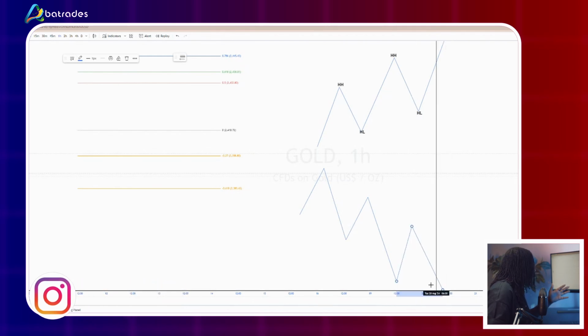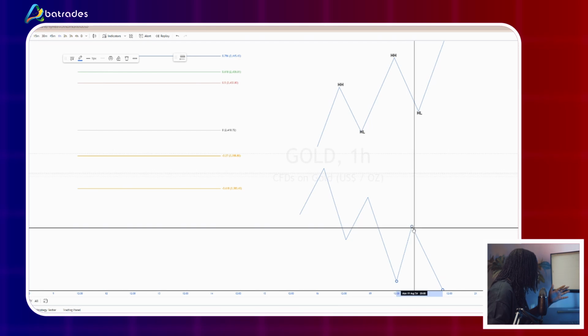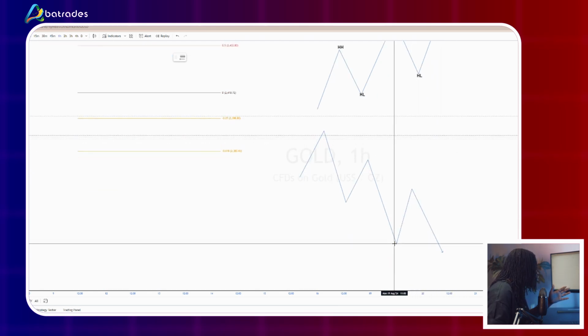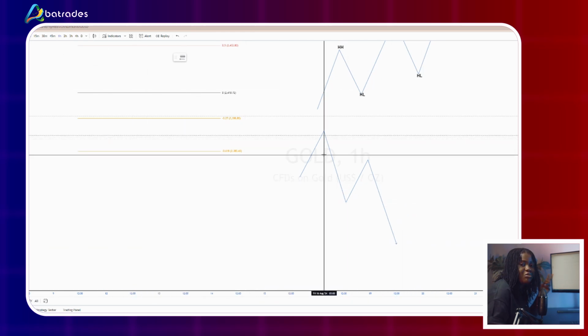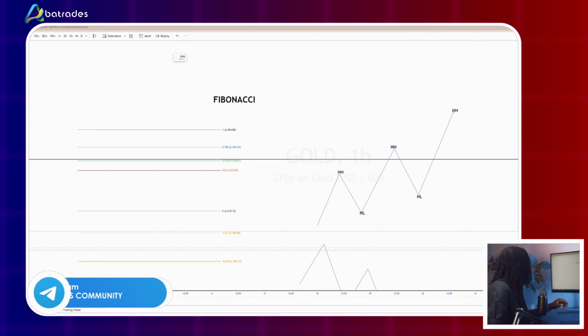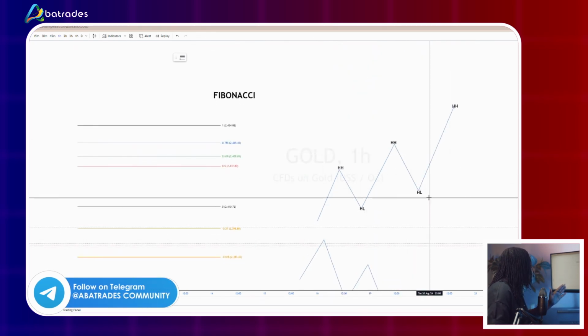This is where Fibonacci comes in. It helps you know where market could potentially retrace to so that you could take your entry from that point and also break this recent low here. I hope that makes sense. Okay, so let me just show you how to use the Fibonacci tool in an uptrend market and in a downtrend market. So if you want to use the Fibonacci tool in an uptrend market, you always have to focus